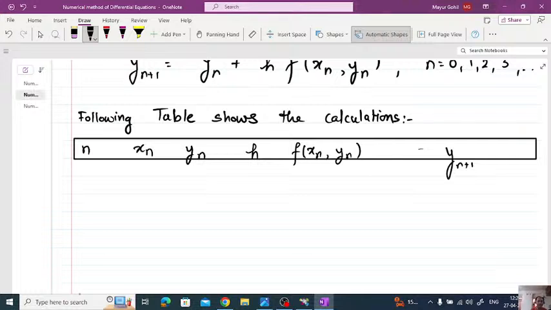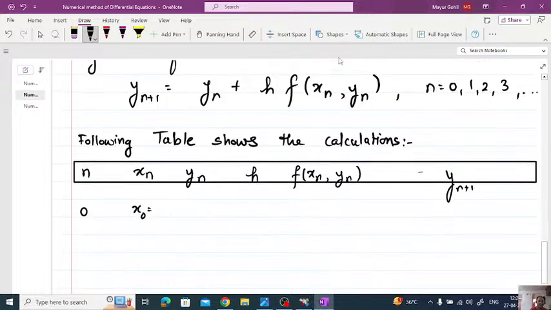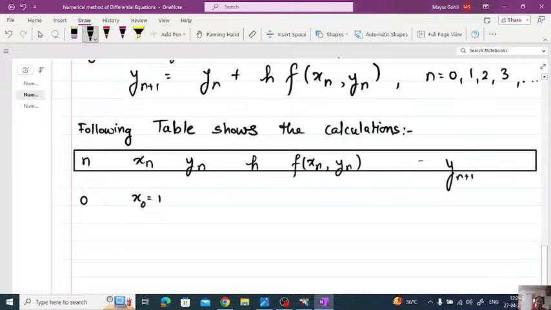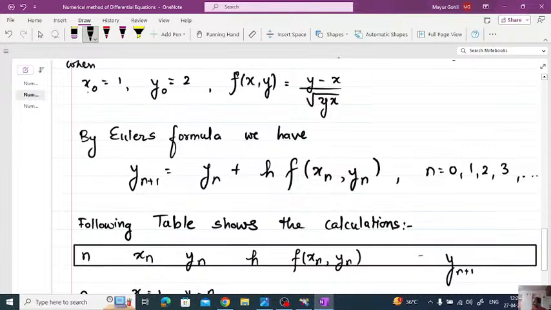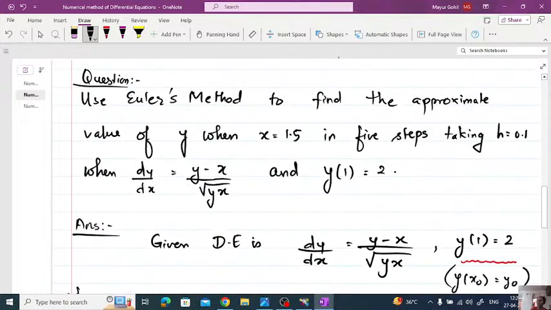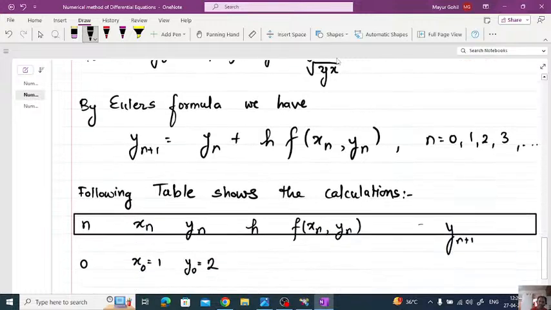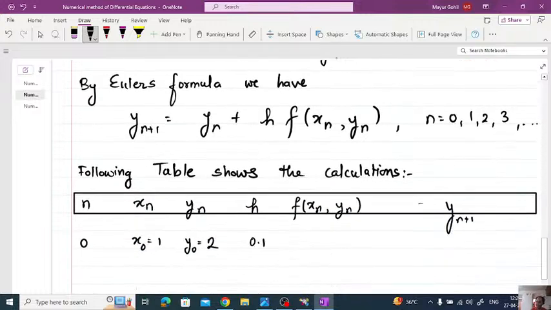तो हम यहाँ पर n को सबसे पहले 0 डालेंगे तो हमको मिलेगा x0। x0 हम लोगों को ऑलरेडी क्वेश्चन में दिया हुआ है, जो है 1, x0 इज 1, तो y0 जो बन के आया है वो है 1, सॉरी y0 हमारा बन के आया है 2. अब हम लोग h देखते हैं। h हम लोगों को क्वेश्चन में ही दिया हुआ है, टेकिंग h एज 0.1, तो हम h को 0.1 यहाँ पर लिख देते हैं। h इज 0.1, सो 0.1 दिया हुआ है।